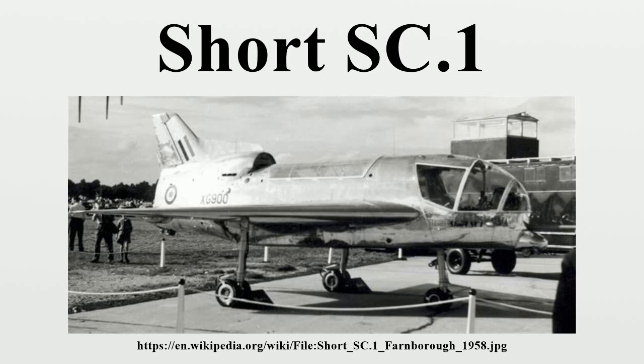The SC.1 was shown at the Farnborough Air Show in 1958 and 1960 and the Paris Air Show in 1961. Due to a malfunction of the controls, the second test aircraft crashed in Belfast on the 2nd of October 1963, killing the pilot, J.R. Green. The aircraft itself was rebuilt for further testing. The SC.1 flew for over 10 years,